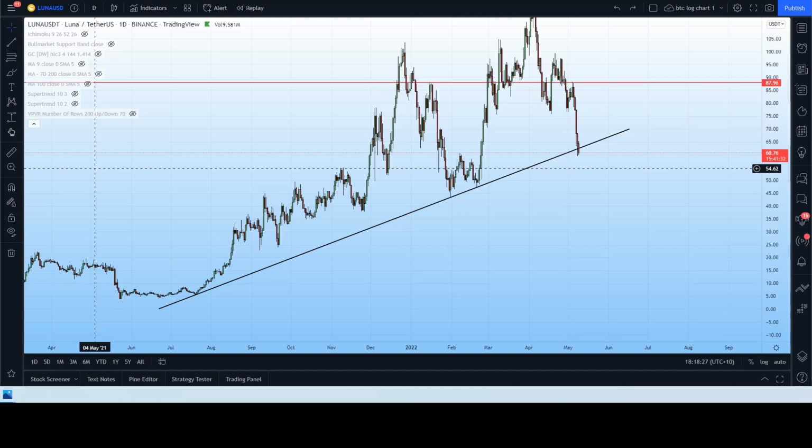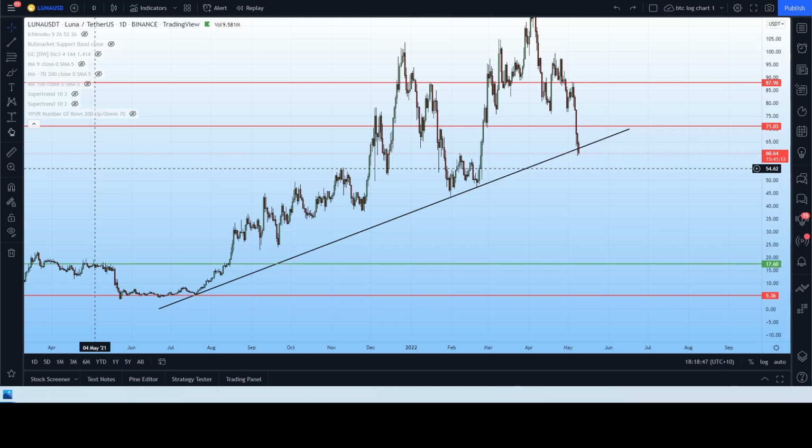So we have a strong resistance around $87.96 as well as $71. So $71 is a pretty significant resistance zone, and we're going to come back again and talk about the implications of this level pretty soon. We're going to go ahead and put our POC line in according to our VPVR. This is sitting around $5.36. We also have a major support line at around $17.60,